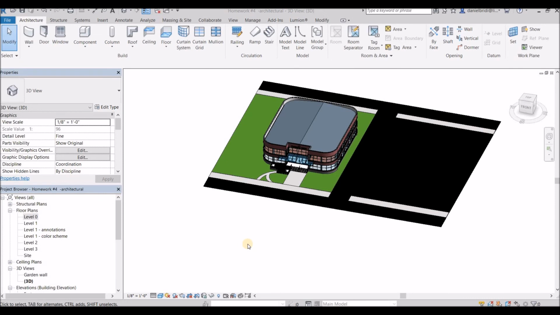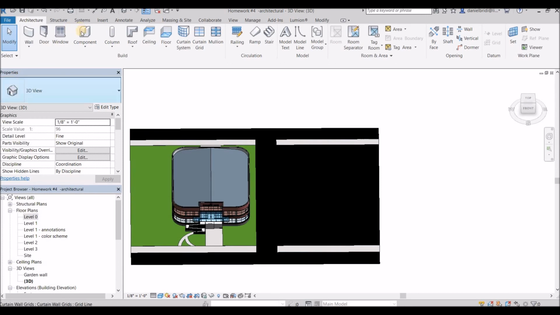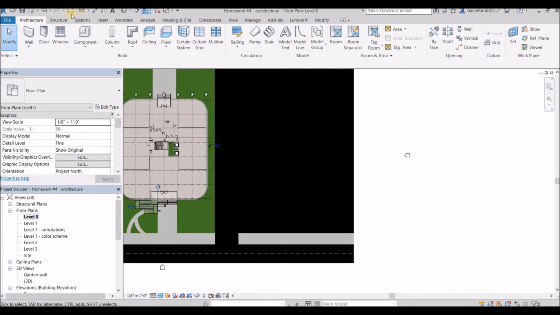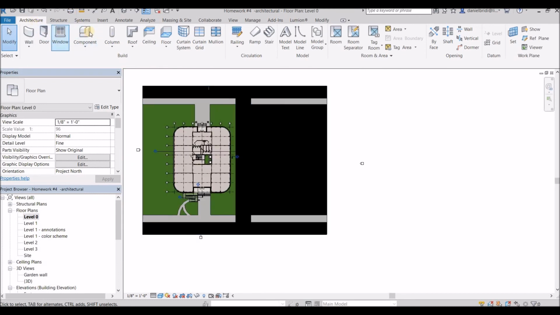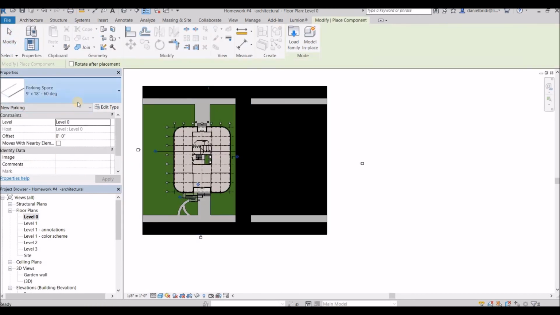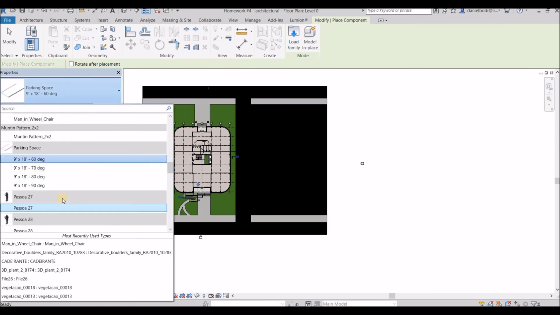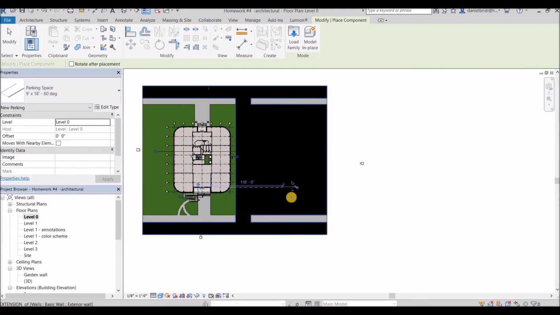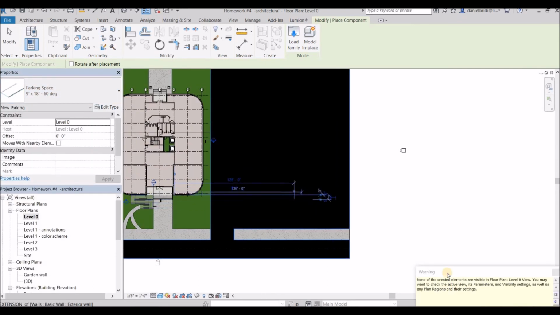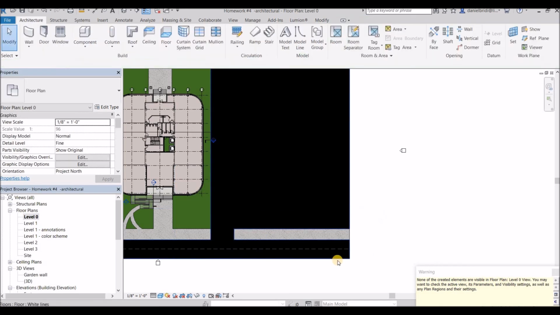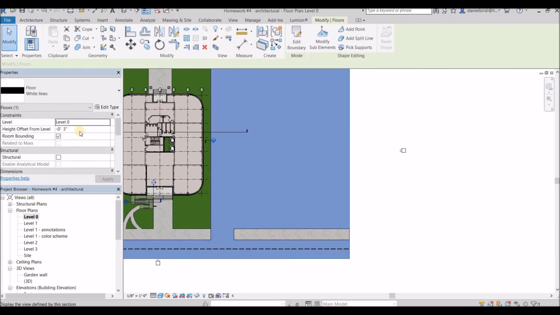So the last step of this part will be to place the parking spaces. To do that, you can go here to place, first let's go to level 0. Okay, now architecture tab, component, you can search here. You probably have it in your default Revit library. So 60 degrees, for example. When you place here, a warning pops up saying none of the created elements are visible here. So this is because our floor, we actually have it in